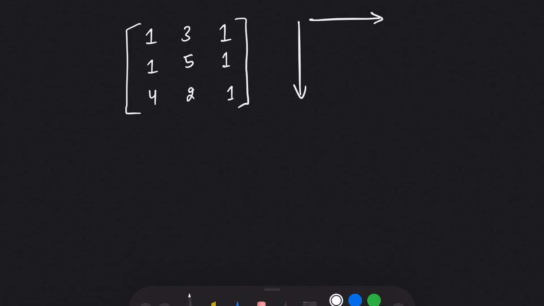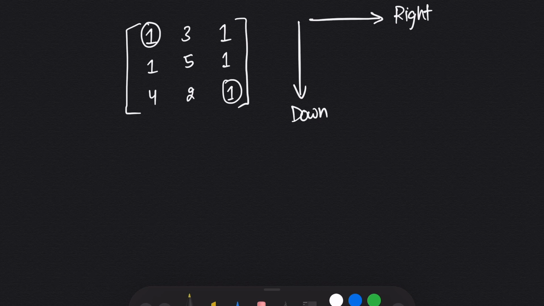So I have taken the example given in the question, and we need to move from here to here, and we need to move in such a way that our sum should be minimum, which means we need to choose a path in which we are taking the minimum value. And it is mentioned either we can move in the right direction or we can move in the down direction.